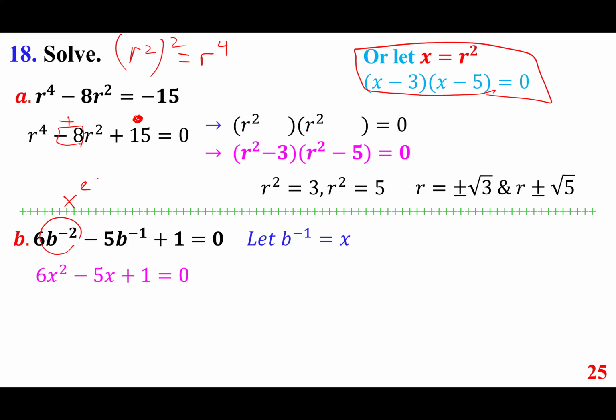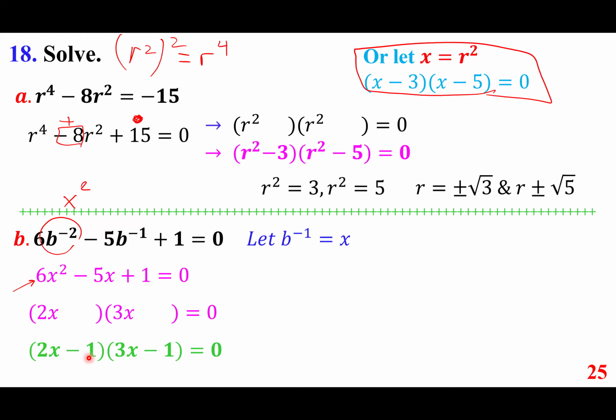And now you can factor this. The way you factor it, you're dealing with number 6. You have to go with 2 and 3 or 1 and 6. And it's really not a lot to work on because definitely 1 and 1, both of them negative or positive. So if you go with 2 and 3, both of them negative,